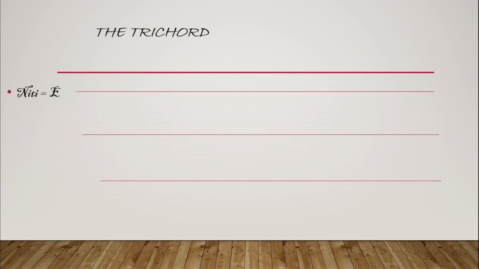Nete, the lowest, corresponding to E. Mese, the middle, corresponding to A, and Hypate, topmost, corresponding to the higher E. Please, for the time being, accept those correspondences. I will certainly make another video focusing on this topic, but for now, elaborating on it would cause our nutshell to overflow.